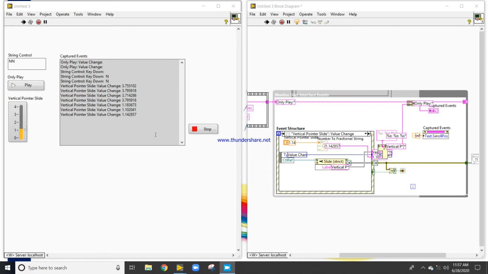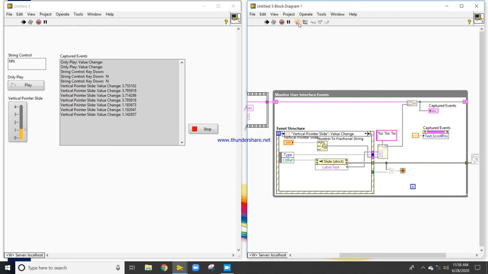I think the event execution has stopped and now it's waiting for the next event. So I will close the execution highlight, then press the stop button, not abort, because I want to stop.